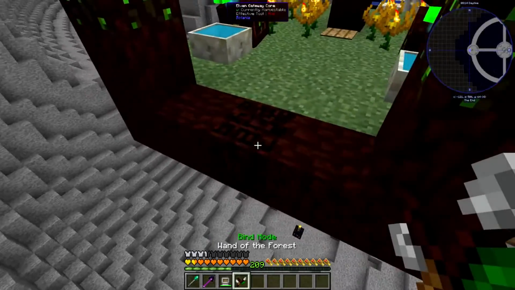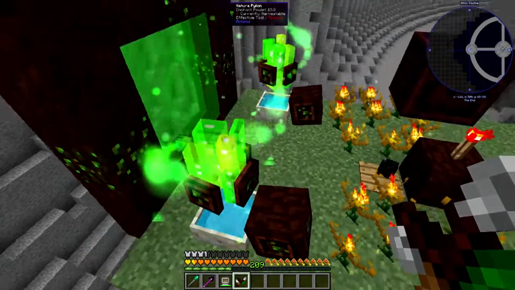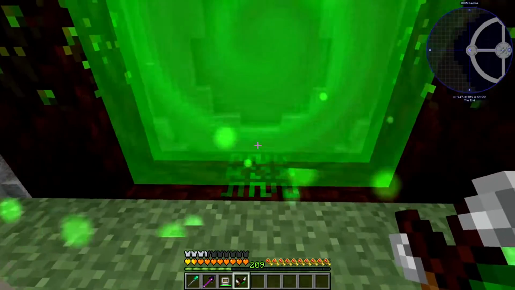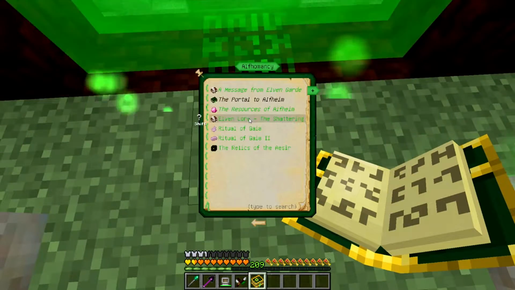So we can now turn on this guy, and I think it should work now. It should stabilize. Yeah, it drained like 1/8 of a pool, I think. Something like that. And then it's gonna waste just a little bit of mana to do whatever. So we need to toss in our Lexica first, and we get the Elven Guard Lexica, which gives us the